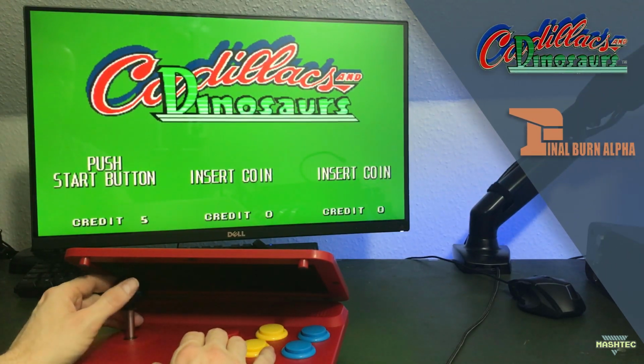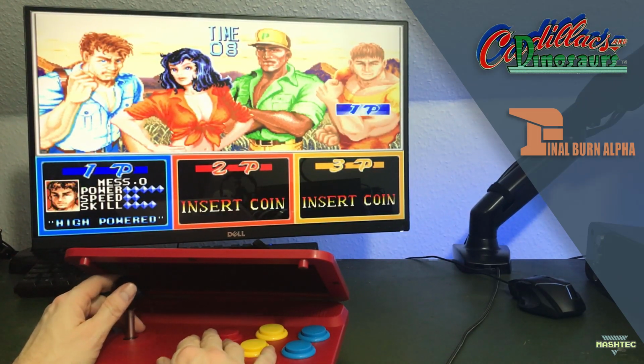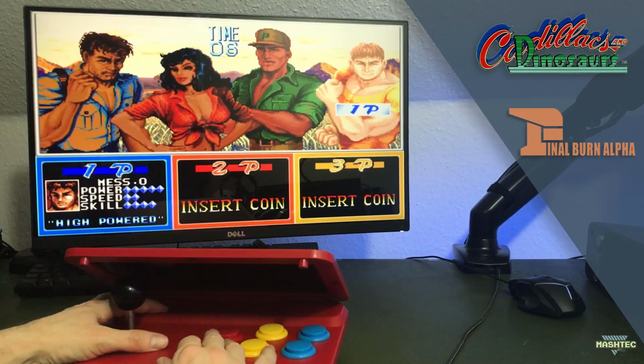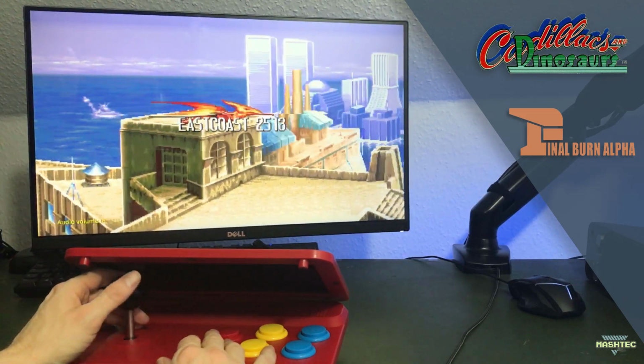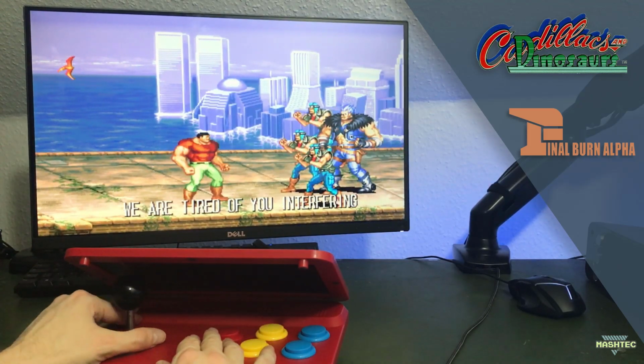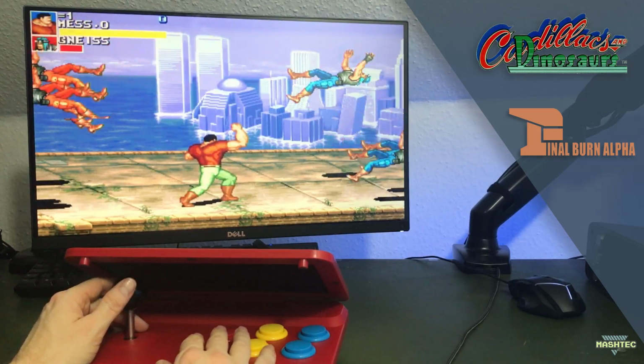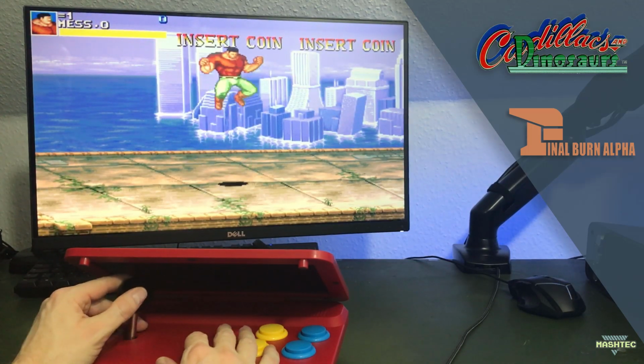The HDMI out port supports a resolution of 720p, which is fair enough for all the game titles this console provides us. You might need to allow this mode in the settings of your monitor or TV in order to receive the signal correctly. The only downside I noticed while playing on an external screen is some screen tearing in